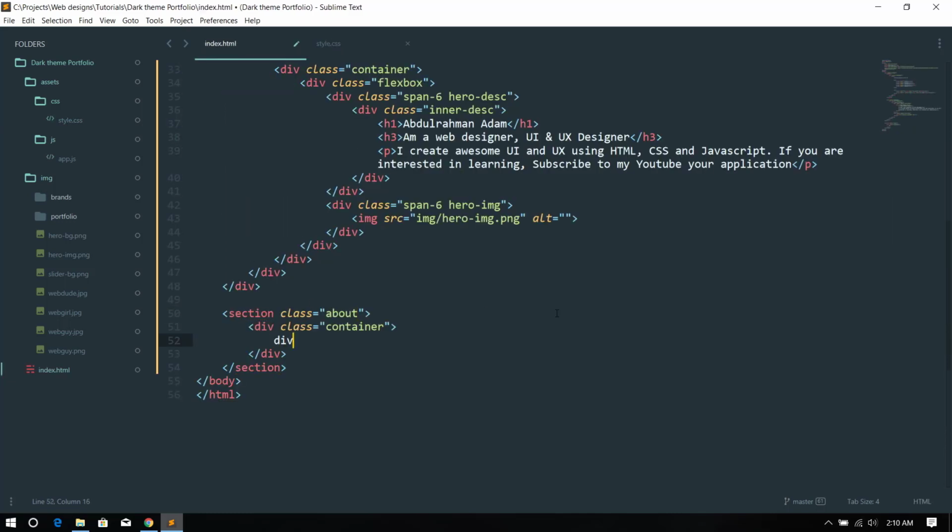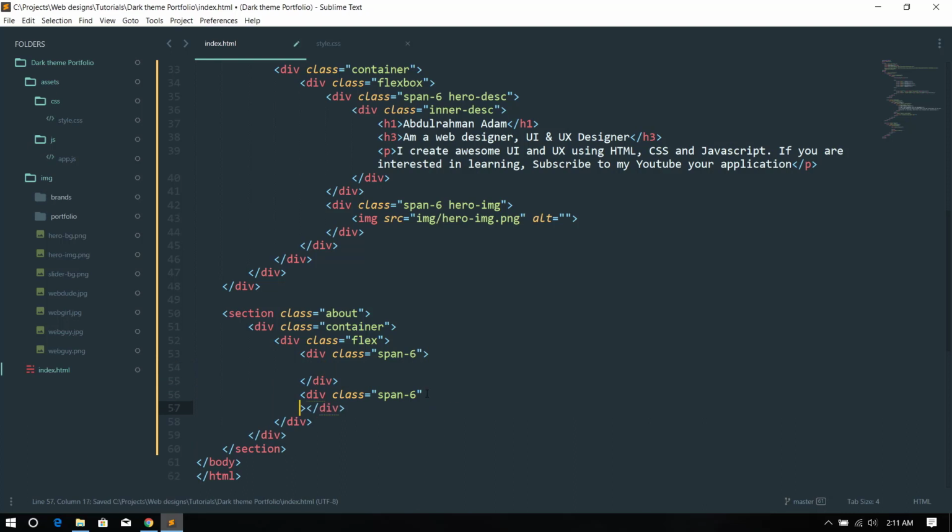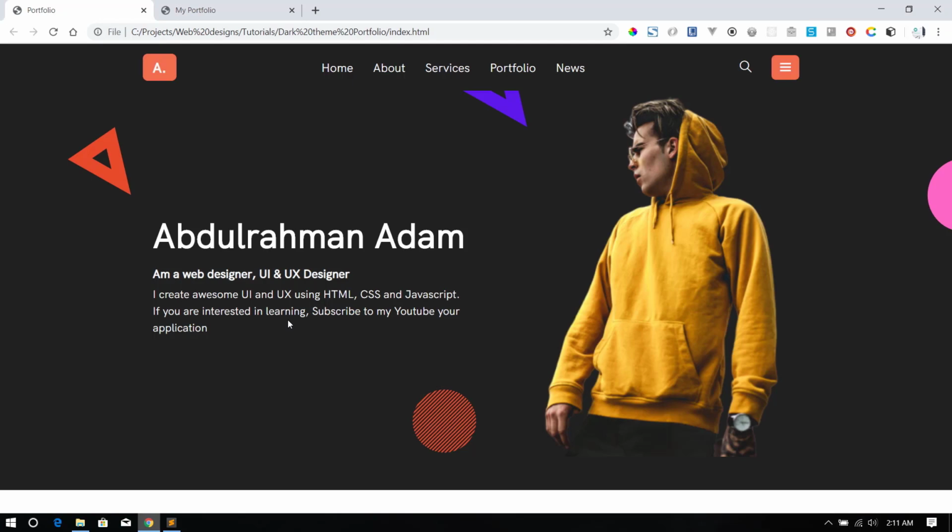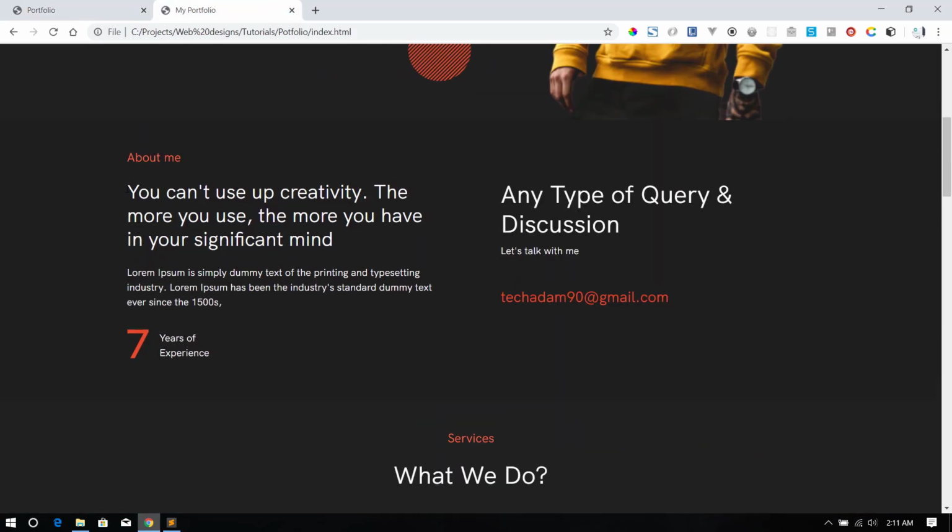I'm gonna have a div of flex. I'm gonna make this a flex about, for example, right? Or I'm going to have a global variable flex, and I'm going to say div.span 6 times 2. So I'm going to copy the text that is here, and I'm going to add them here. So this is one,